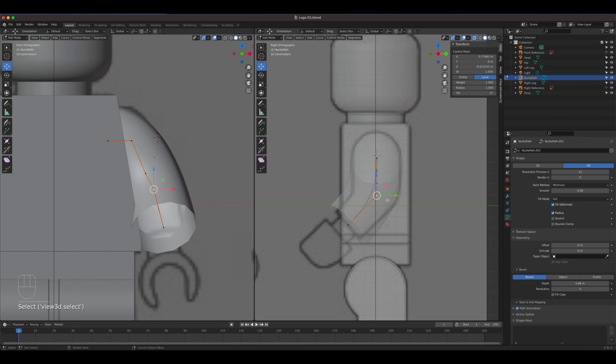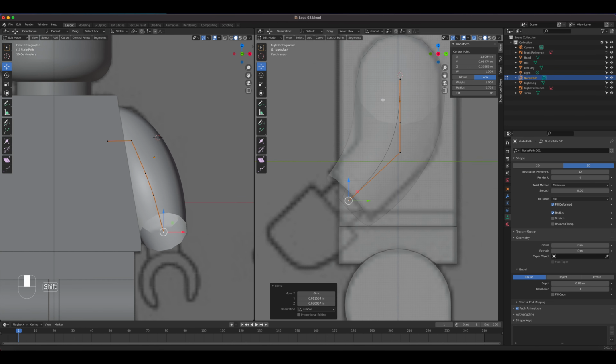Okay, and then our elbow right here. Maybe move this down just a bit, and then the wrist or the end right there. Okay, so now it's a little too big. So each one of these, you can control the radius. So if you have your sidebar on, press N for your sidebar. There's a radius, so I'm going to select the end one right there and just kind of